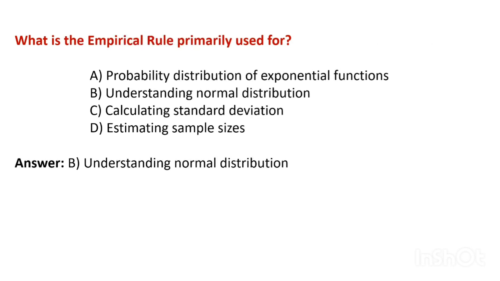Generally, the empirical rule, also known as the 68, 95, 99.7 rule, is used to describe how data is distributed in a normal distribution, with 68% of the data within 1 standard deviation, 95% within 2 standard deviations, and 99.7% within 3 standard deviations from the mean. So understanding normal distribution is the correct option,